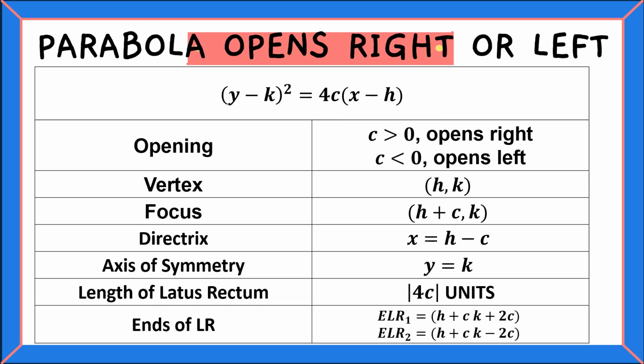Also included in this video presentation is the solution table for identifying the different properties, because there would be changes in solving the properties such as the focus, directrix, the axis of symmetry, and also the ends of the latus rectum. So you can pause for a while and take a screenshot of this table, but attached to the next slides and examples is a copy on how to solve the properties. So let us proceed with number one.